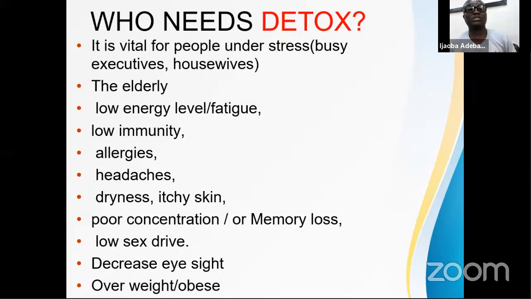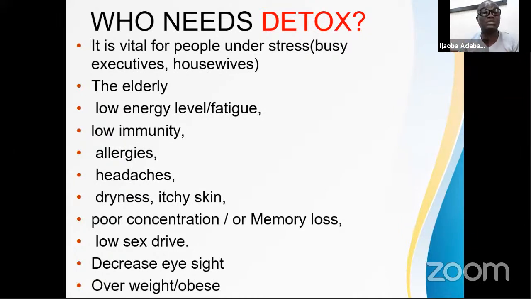Elderly also need to detoxify. Who needs detoxification? The elderly. No matter your age, because your rate of metabolism has, as it were, become sluggish, you need to pep it up. Forever has gotten the very fantastic set of products. Who needs to detoxify? People that suffer from low energy. You get fatigue most of the time. You get tired most of the time. Who needs to detoxify? If you have low immunity, virus go on and on, you just pick it up, malaria here and there.